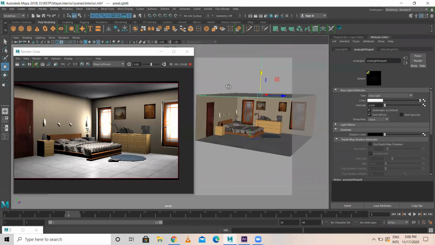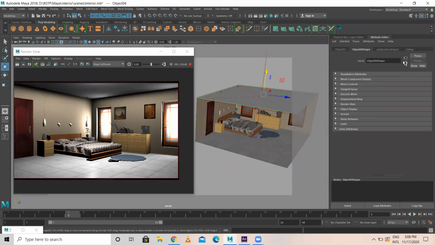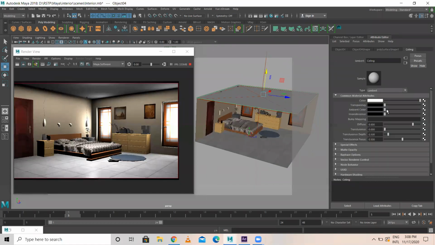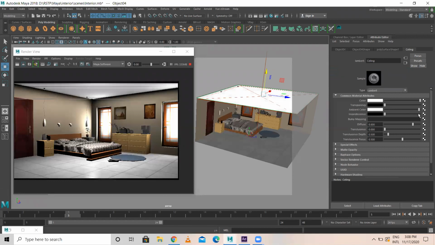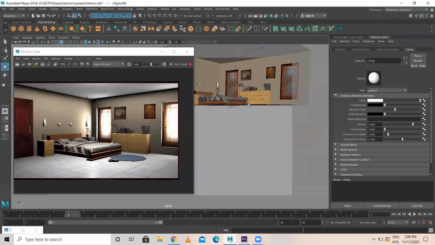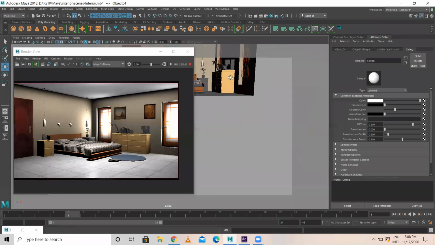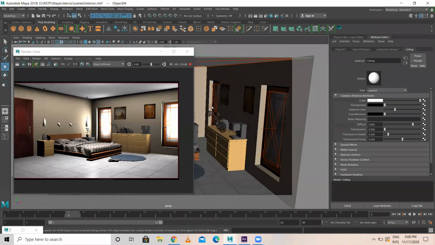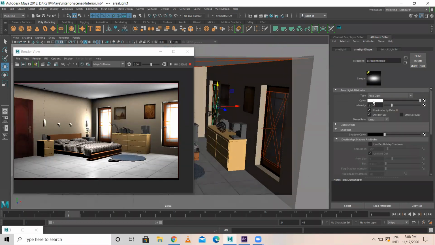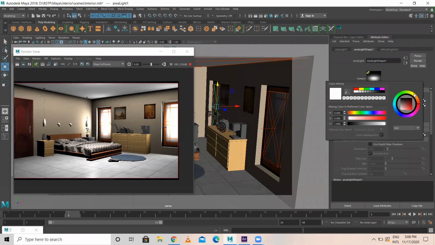Okay, something like this. Then after this, select this particular model, ceiling. Here again, you give ambient color so that it is clearly visible, something like this. Okay. Then what I'll do, the sunlight from the window is there, no? This has to be light color. Light color has to be kind of orange tint, because since this is from outside, sunlight tint has to be there.